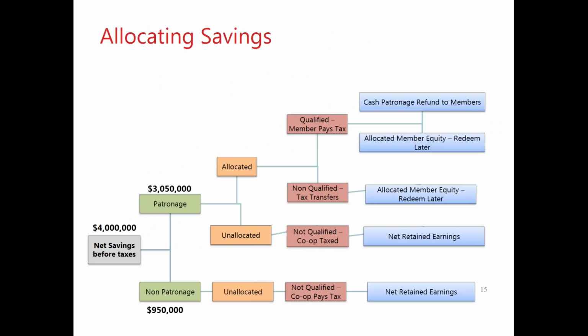So how does this flow through then? The Farmers Cooperative says it's going to allocate the entire $3,050,000 to its membership. So none of the member-based patronage is going to be unallocated. All $3,050,000 is going to flow through to the membership. And that non-patronage at the bottom, $950,000, is going to remain unallocated. What that essentially means, because this is a qualified distribution,